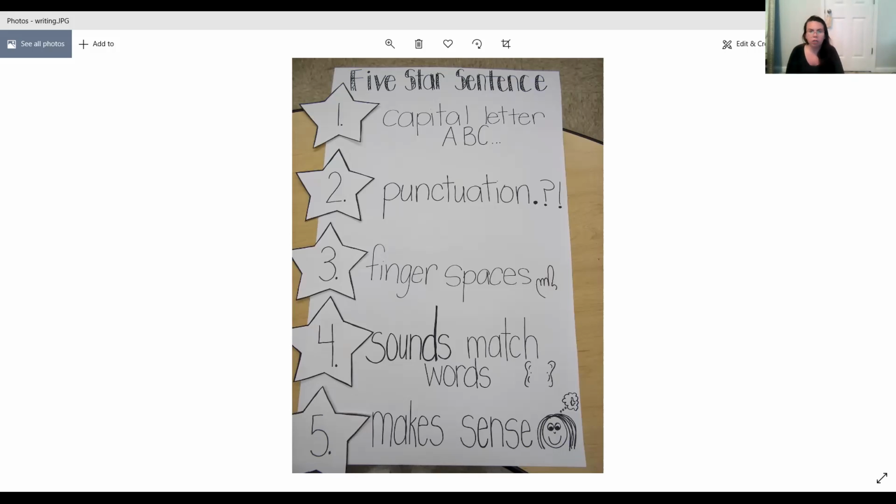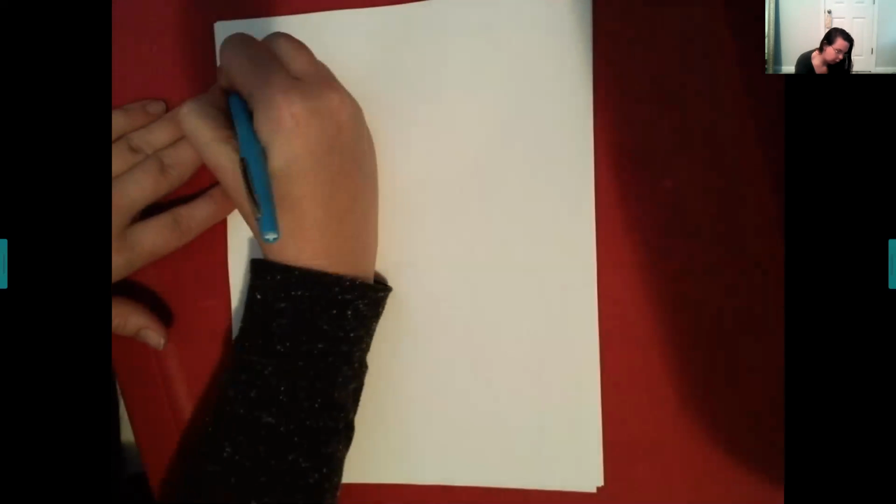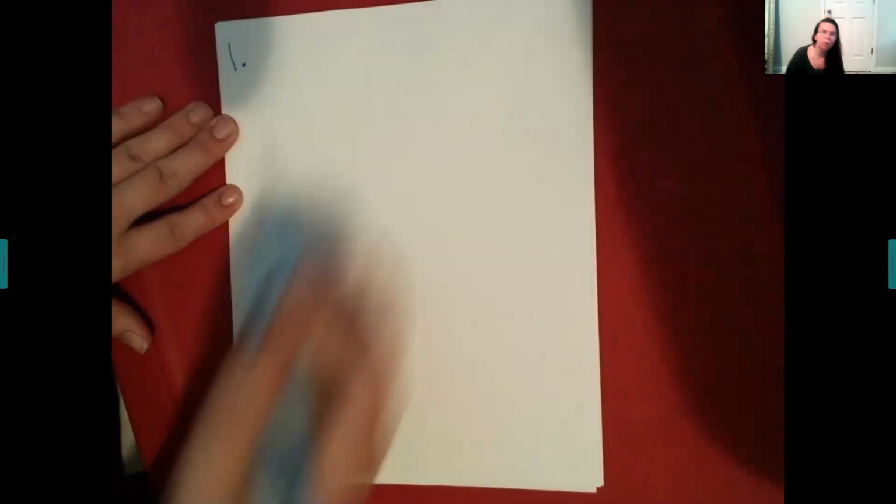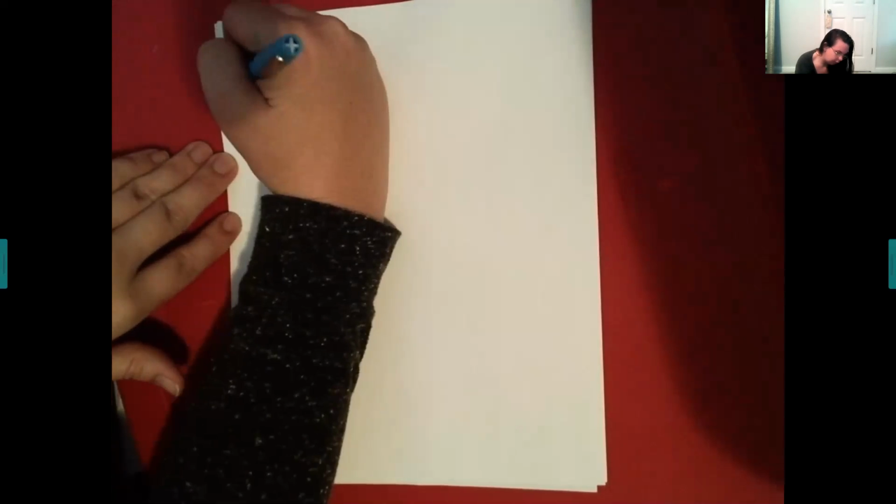So now I'm going to show you my paper for just a little bit, and you guys are going to be able to make your own anchor chart, okay? First you can watch me make my anchor chart, and then you guys will have your chance, all right? So I'm just copying down what we saw on the other anchor chart. That means I'm writing the same exact thing. So on the first anchor chart, number 1 was